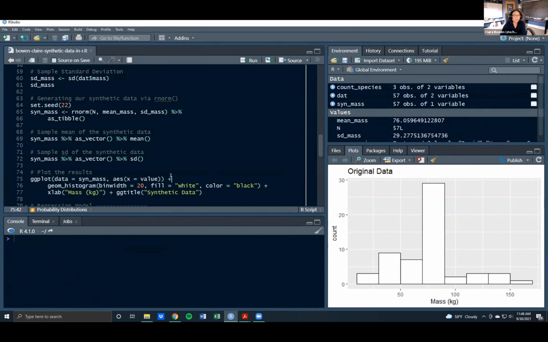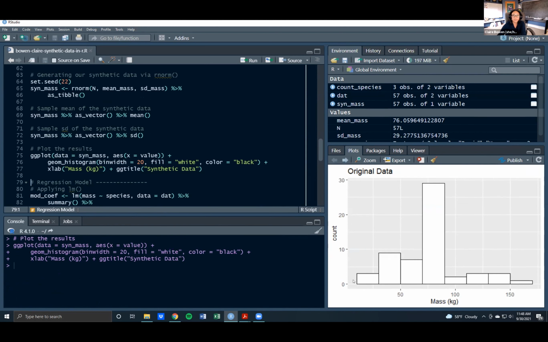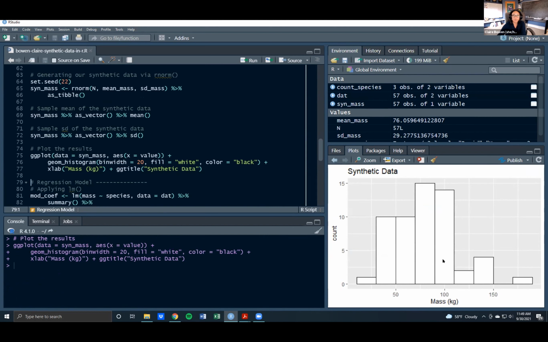All right, now we're going to plot this and see how it compares with our last one. So it's not great, right? Because if we look at the original data, we still had a little bit more over here, and the range, excuse me, was a bit wide, but it's not bad, though it's not great. But you get the idea about how we can generate the synthetic data. And in all honesty here, we don't want to make it super accurate, because what if the observations are really sensitive about their weight and they really don't want you to know specifically their weight? So we're all doing them a favor. We're prioritizing privacy over utility here.